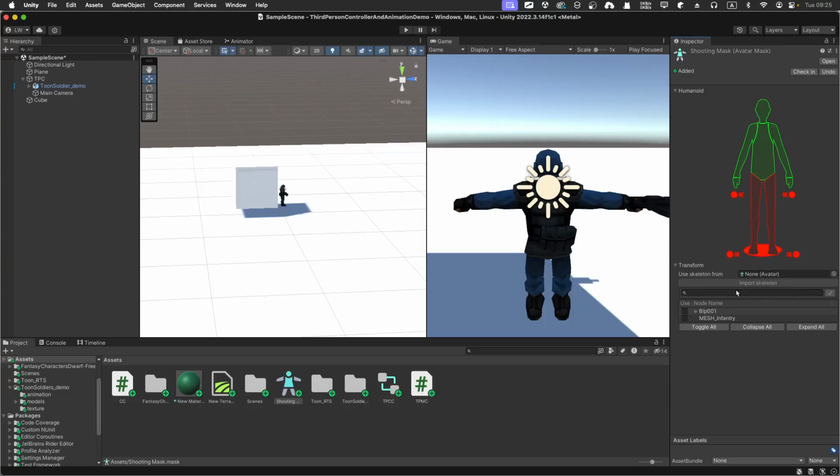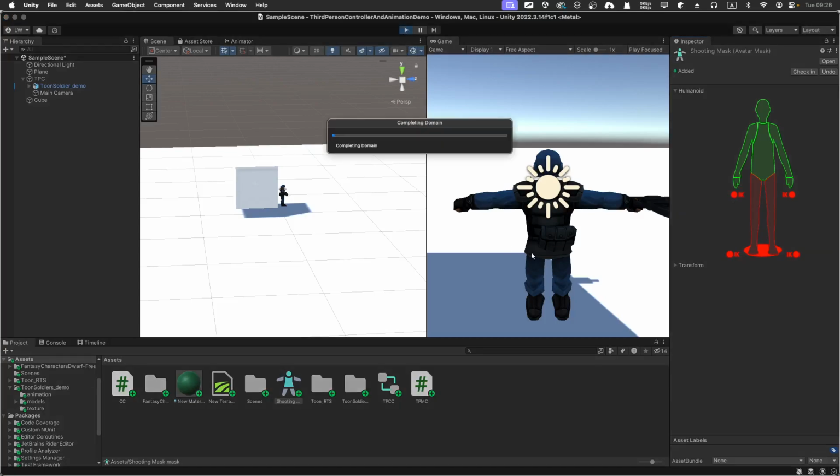Sometimes if you've got a complex project, you might need to do that, especially if it's not conforming with the humanoid. But we can just simply do it here. So if you look at a humanoid with all green, which means that the mask is applying to everything. So I'm not going to apply that to the leg. So I'm going to just make it red, and then if I play it,